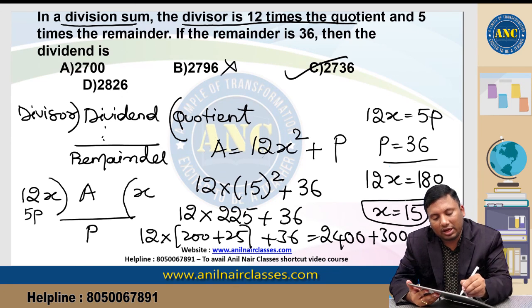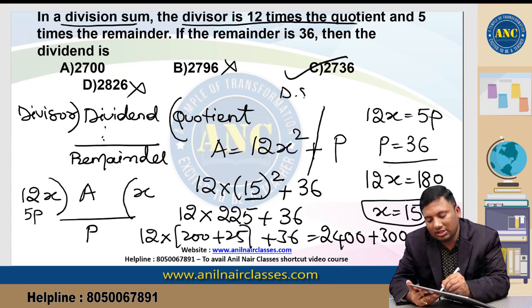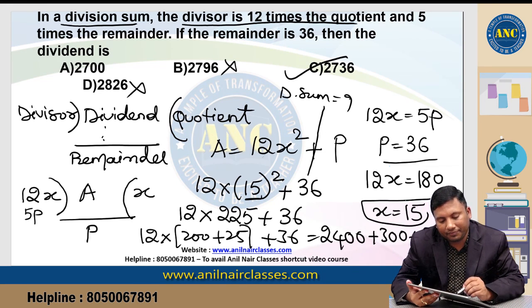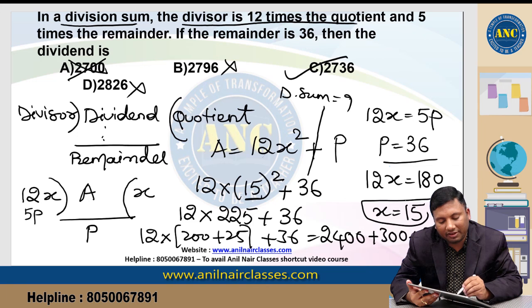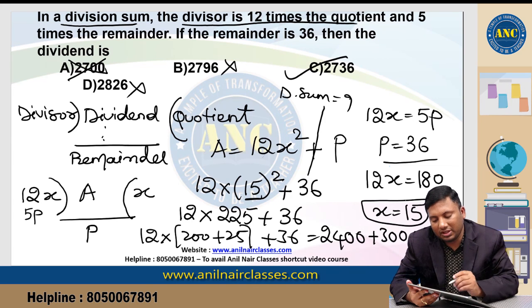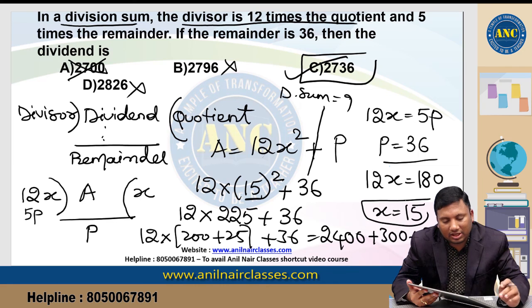Actually, the other options can be eliminated very fast. 15's digital sum is 1 plus 5, 6. 6 square is 36, the digital sum is 9. If I add two numbers whose digital sum is 9, the result's digital sum should be 9. These are not 9, and anyway it is not ending with 0. 5 square is 25, 5 twos are 10, 0, plus 6 is 6. The unit digit has to be 6. I hope the idea is clear.